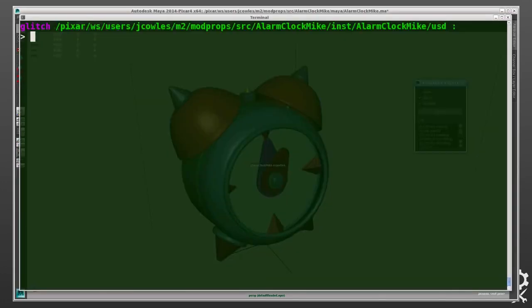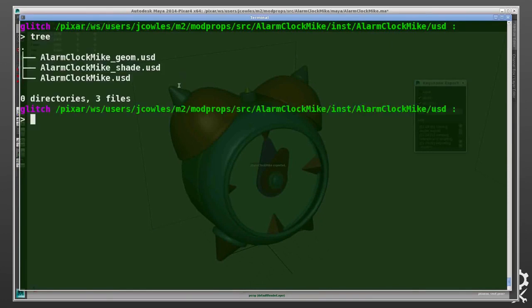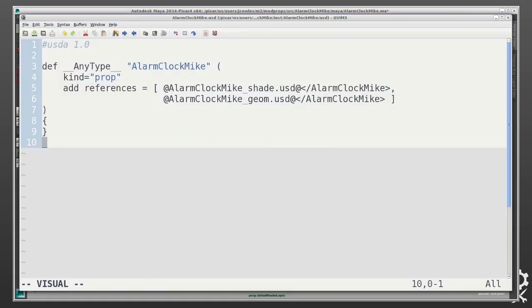Now, if we go and look at the files that were generated, we'll see we have three files here. We have alarmclockmike.usd, that's the root model file, and then we have a shading and geometry file. The root model file and the shading file are ASCII, and the geometry file is binary. If we open up alarmclockmike.usd, we see here it's pretty sparse. We've declared Alarm Clock Mike and said that it's a prop, and we just reference in the shading and geometry